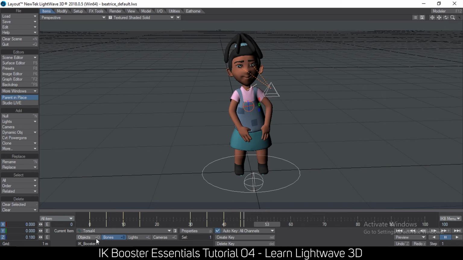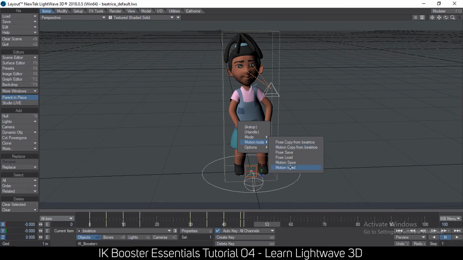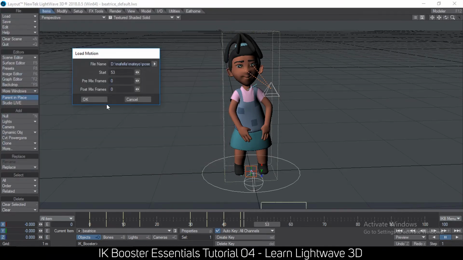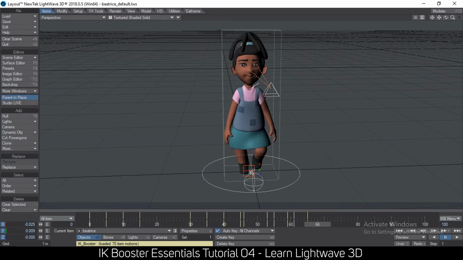Right, so you can load in some very interesting motions. For example, also, if I go to motion options and say motion load, like what I already have here in walking, I have a walk cycle. Okay, so I can have that walk cycle right there. And then what I can do now is select all these keyframes, like from the beginning to the end, and make sure that the keyframe mode is on all item right there. Okay, the menu is wrong, so I have to click a couple of times here until I find the right menu. Just make sure that this is on all item,